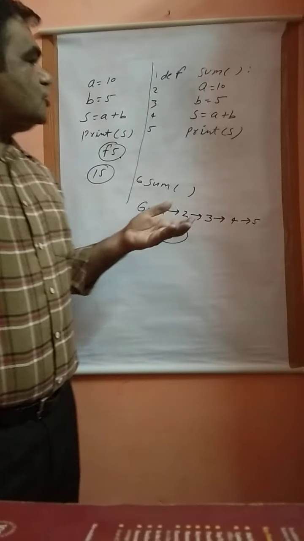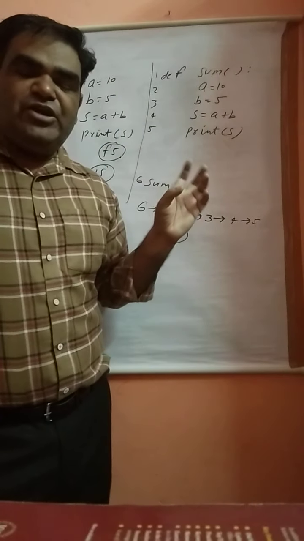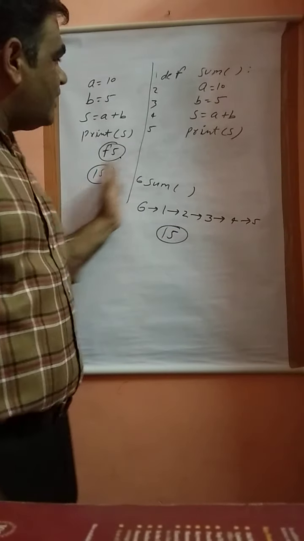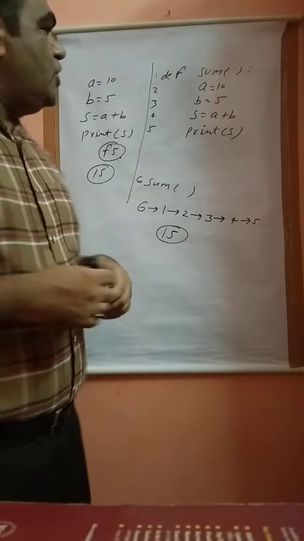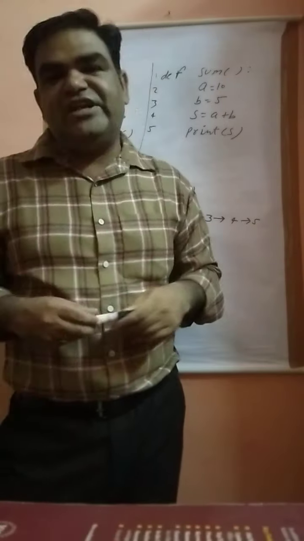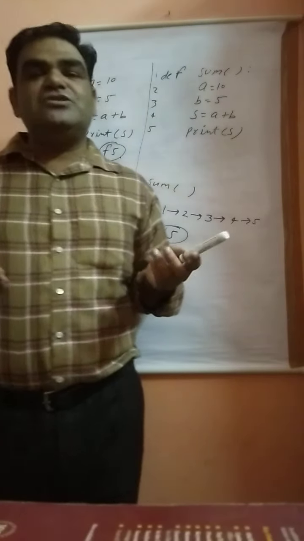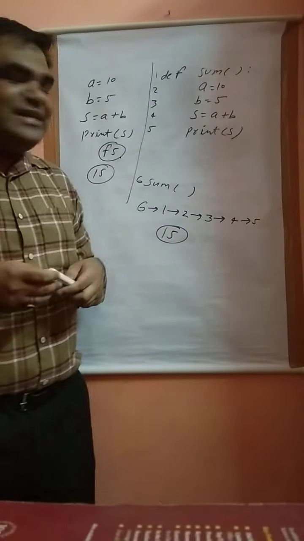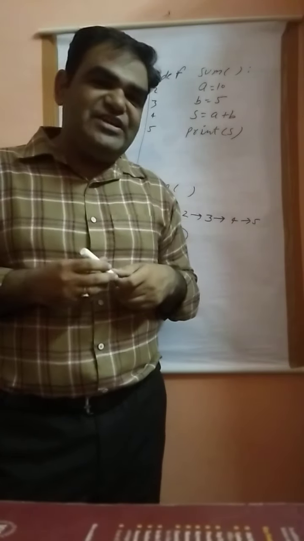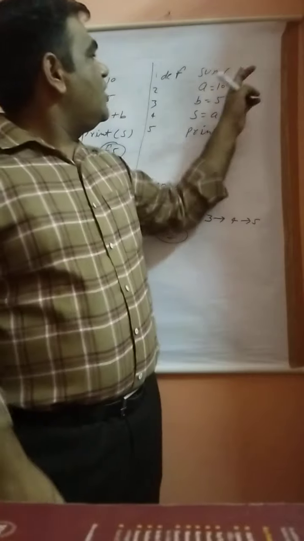Is that clear? So this is my today's topic, in which I told you the meaning of functions and how we write function programs, and we compared simple programs and function programs. So I will summarize my topic. What is a function? A function is basically a combination of two things, function call and function definition. If we divide the program into small units, this particular process is known as functions. Functions start with the function name or function call, and after that we declare the function definition. Function definitions always start with the def keyword, and this particular line is terminated with the colon sign.